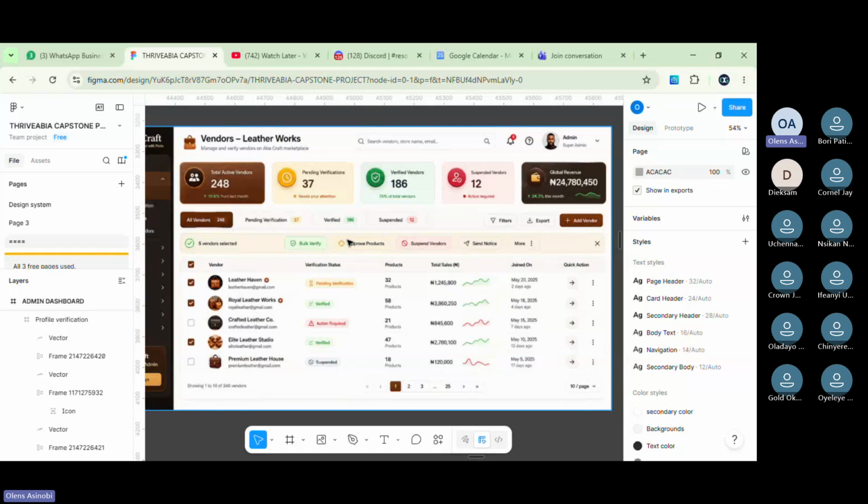Okay, I think I see what you're saying. There is no need for that add vendor button, because anybody that wants to join as a vendor has already signed up, so they are just waiting for you to verify them. Yes, your thinking hat is working. You're right. There is no need for that. That's why I said the screen is actually your screen, so it's you that will do this analysis. That's good. No problem. You're correct.